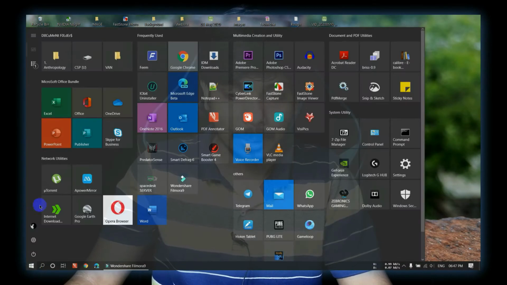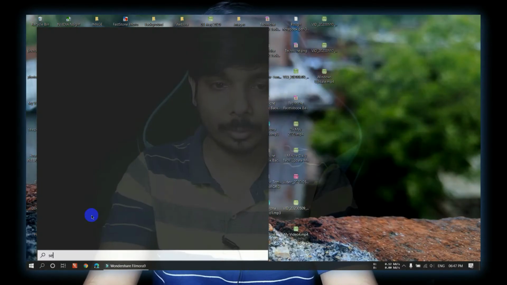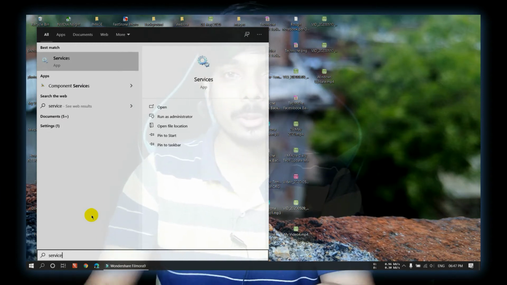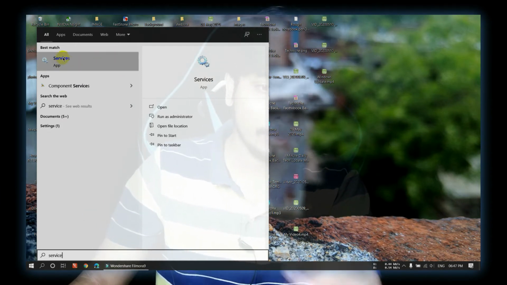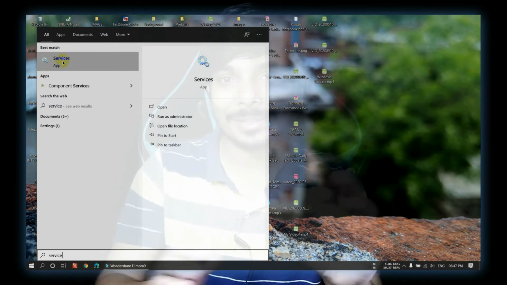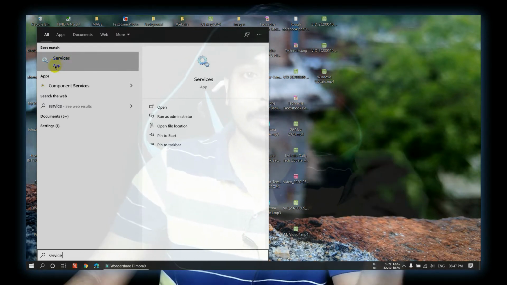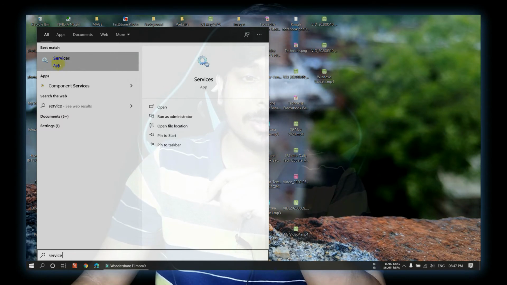So what you have to do is just go to your Windows and type there service. You will see on the left hand side of your screen at the top an option known as services app, and below that it will be written app. Just click on that.